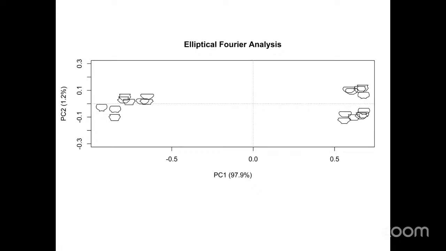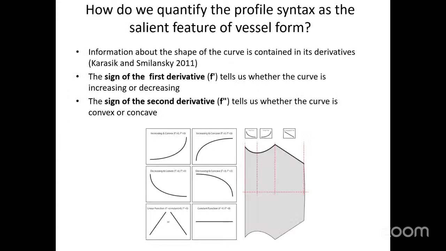Next, we apply the elliptical Fourier analysis. This has become a bit of a standard today, as far as I could see from the papers. It's a very sophisticated technique. It does a bit better than the pseudo landmark approach, but still, you can see there is overlap. These syntactical types are not well separated on this graph as well. So, can we do better than this? And this is where our contribution is, we hope.